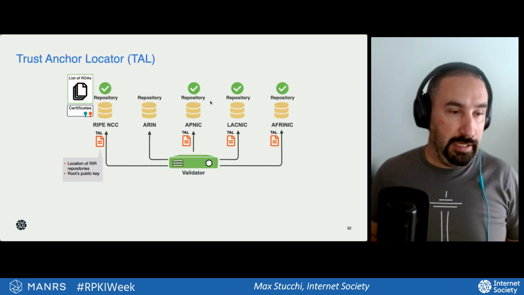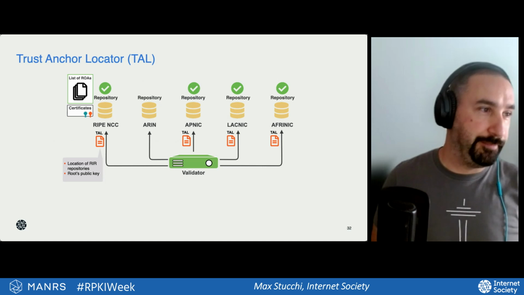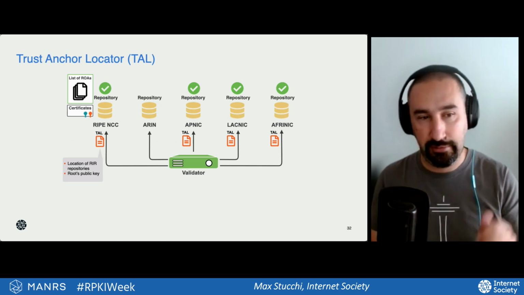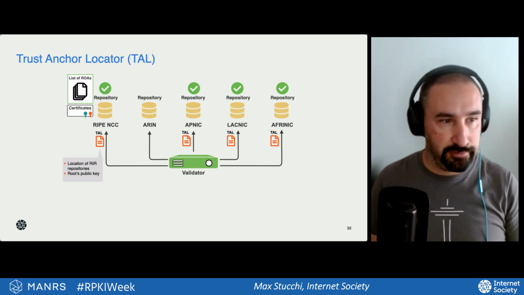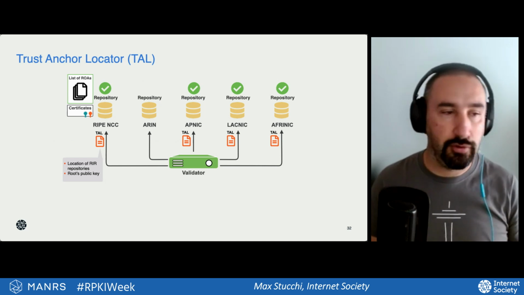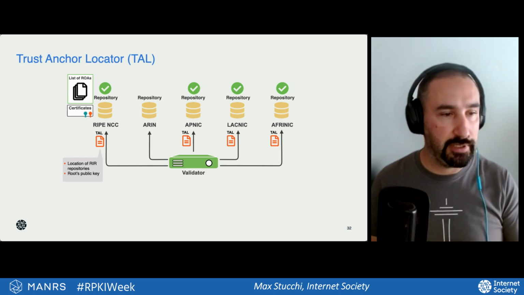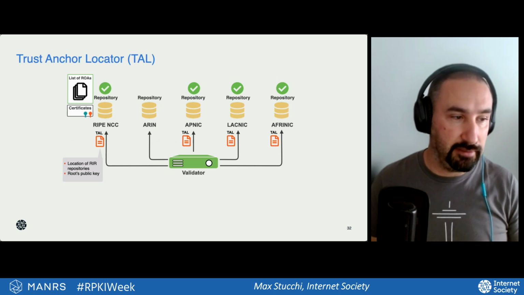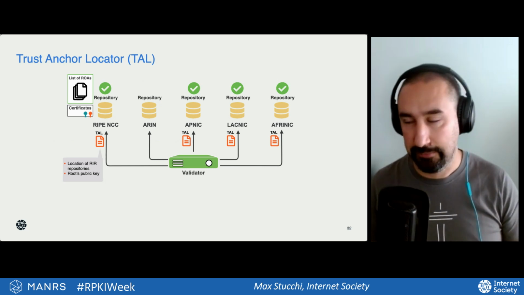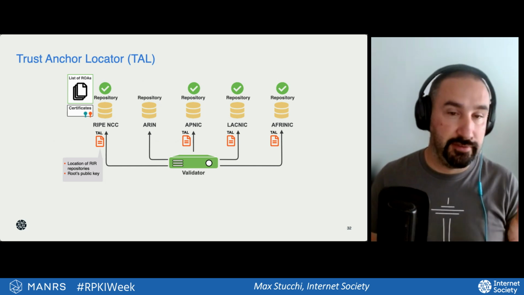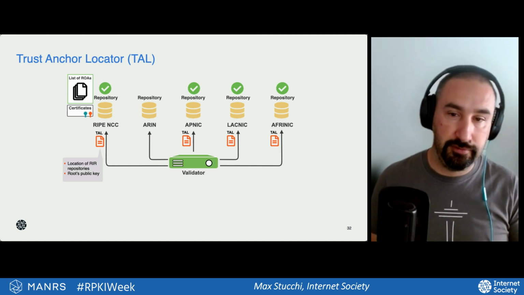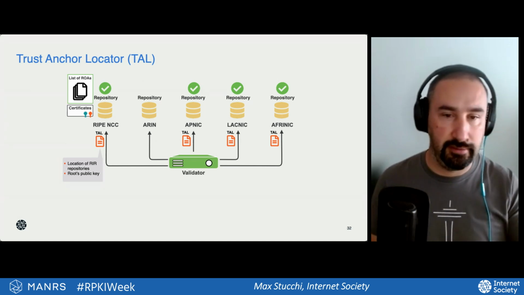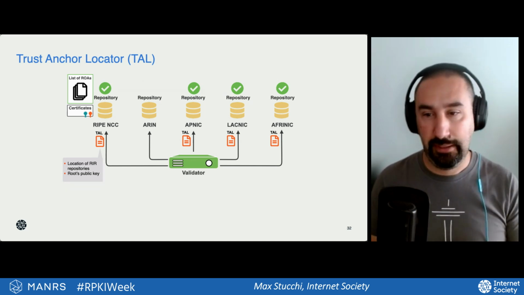So in a graphic, how does this work? You have the different regional registries. They all have the repositories. Actually, not all of them. Get to that in a moment. And they have a file they distribute called the TAL, the Trust Anchor Locator. That file contains the location of the repositories, so the URLs for rsync and RRDP, and then the public key